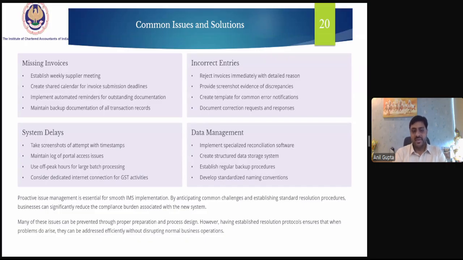Proactive issue management is very essential for smooth IMS implementation. By anticipating common challenges and establishing standard resolution procedures, businesses can significantly reduce the compliance burden associated with the new system.